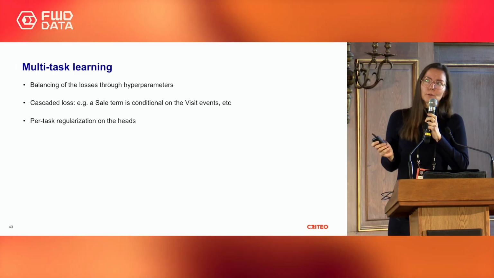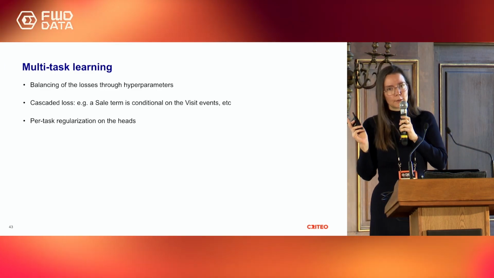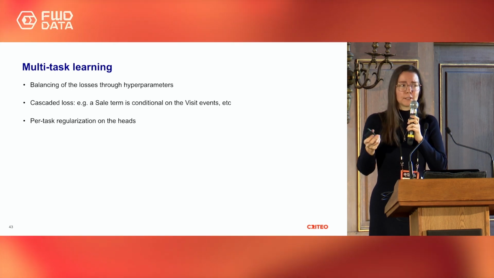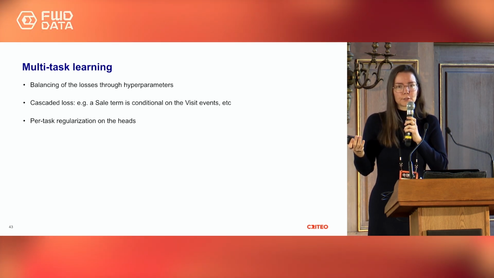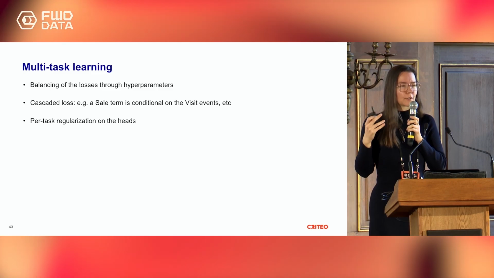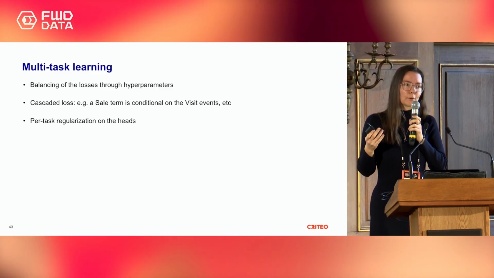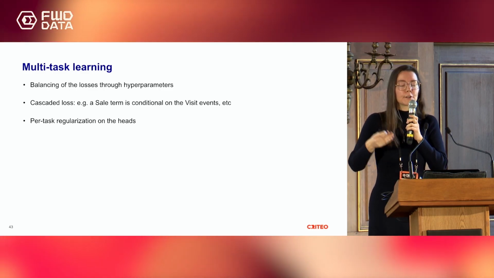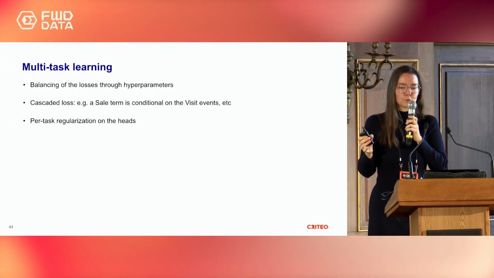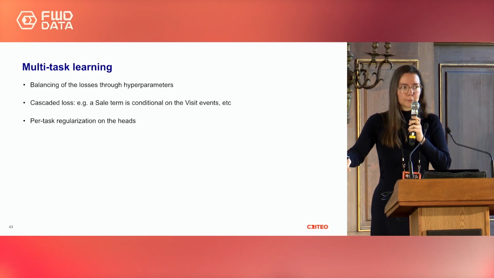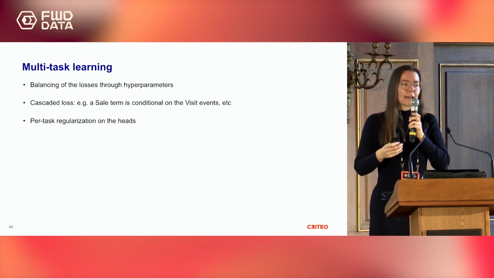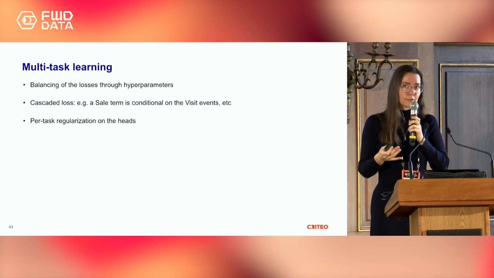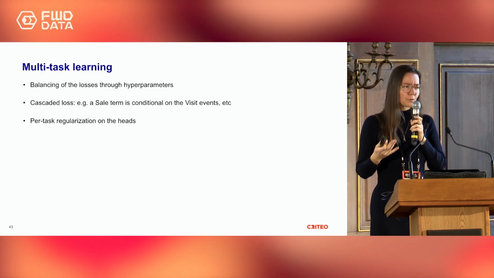Something that we also found to be helpful in the context of MTL in particular is to have different regularizations and different dropouts on the different heads, because of what I just mentioned about the cascaded loss: you end up with very different effective batch sizes per task. Of course, your largest batch size is the one that corresponds to whether there has been a click on this display, and your smallest batch size is whether there has been a sale on this display. Because the batch size is different, you need different amounts of regularization per task.